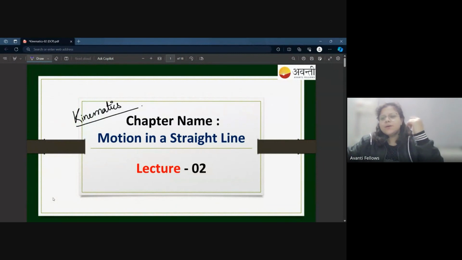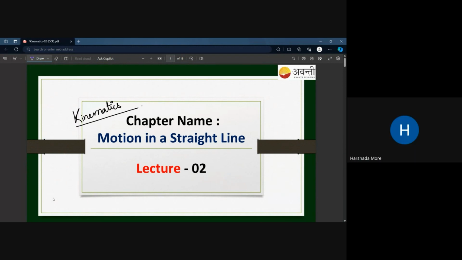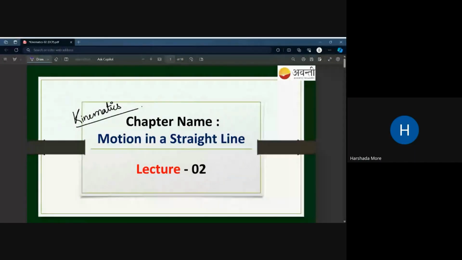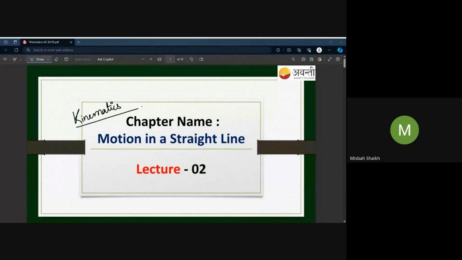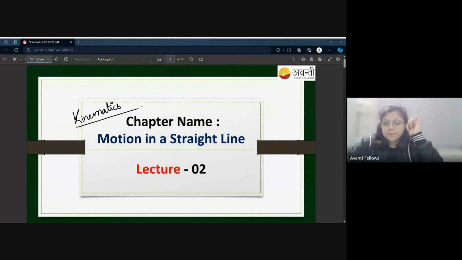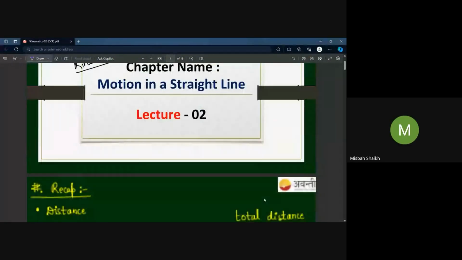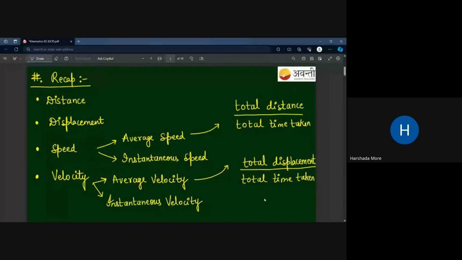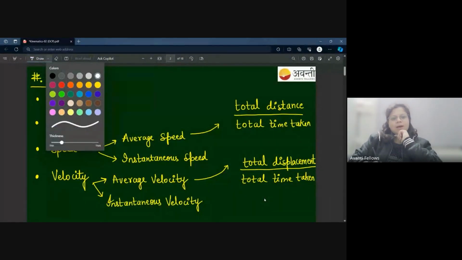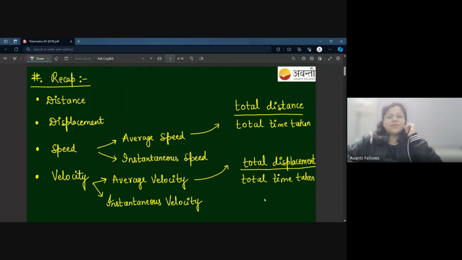So, can you explain to me whatever we studied in the last class? Do you still remember that? Ma'am, we have studied what is meant by distance and displacement. Average speed and instantaneous speed. Okay. Average velocity and instantaneous velocity. Okay. So I guess we have discussed distance, displacement, speed, velocity, and their further division into two categories: